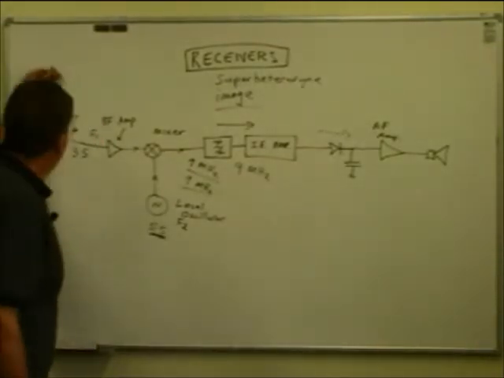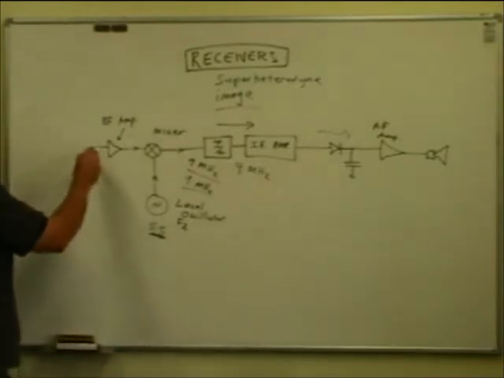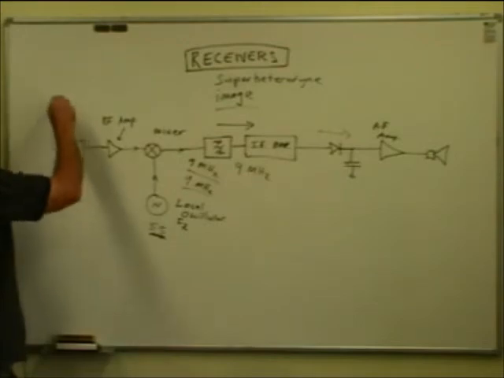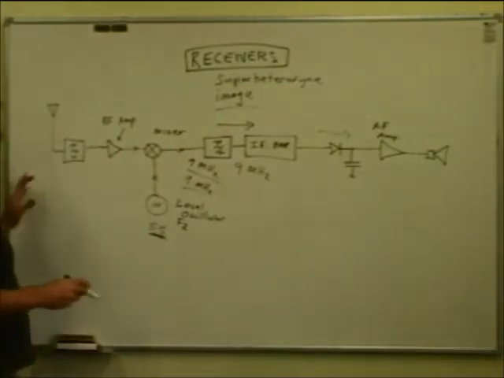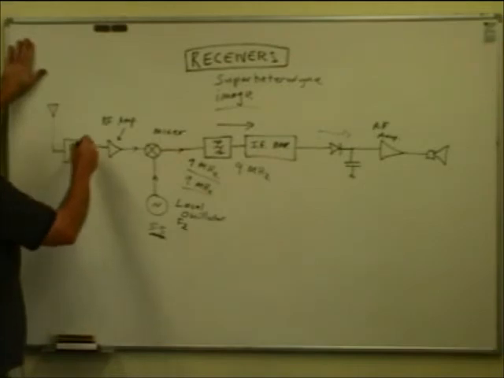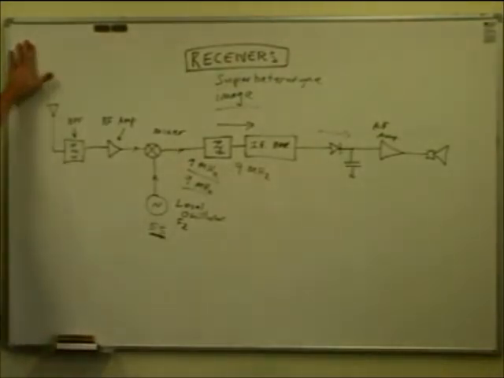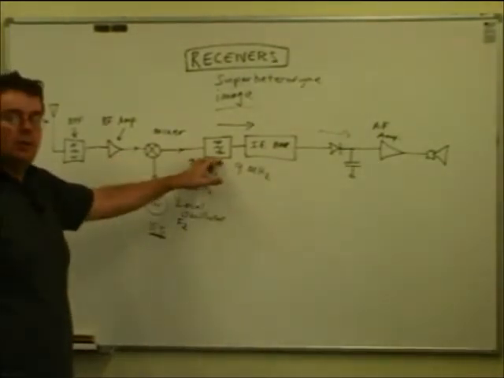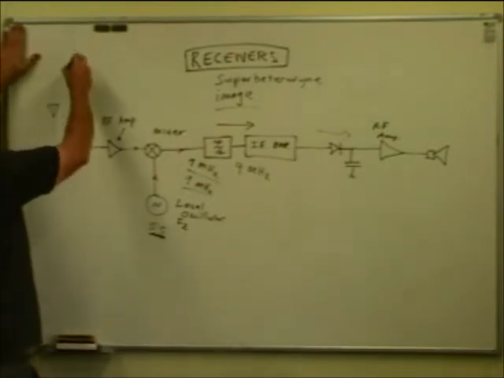So enter something which is not drawn in the NZART question bank block diagrams, but all receivers will have a filter here. Often a bandpass, it doesn't have to be a bandpass filter, but we won't go into all the details. What we do is we put a filter right at the very front of the receiver called a bandpass filter. It's doing a similar job to this one here, but it's much broader. So if we want to tune the 80 metre band, 3.5 to 3.9 in New Zealand,